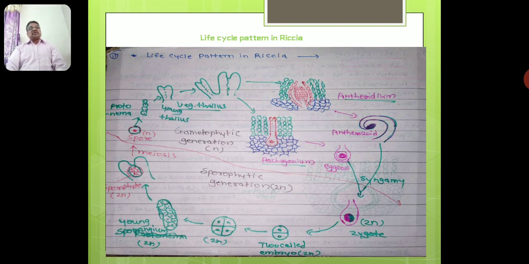So these haploid spores which are produced from spore mother cells now represent the first stage of the gametophytic generation. Here the sporophytic generation starts from the formation of the diploid zygote and ends with the formation of the spore mother cells. Spore mother cells divide meiotically and produce haploid spores. So such haploid spores, when they are dispersed, when they are liberated from the capsule, then when they come